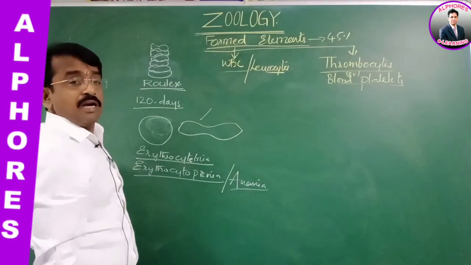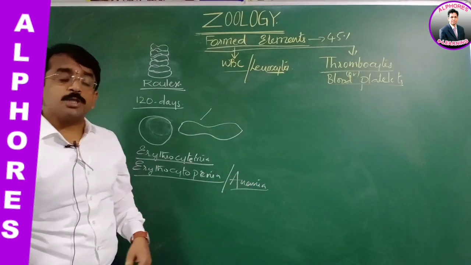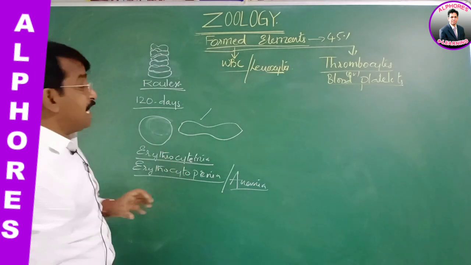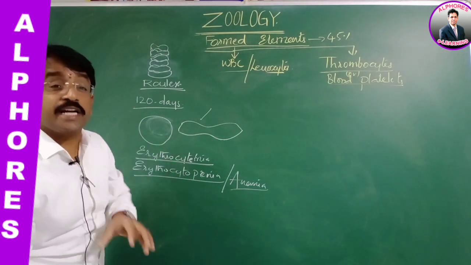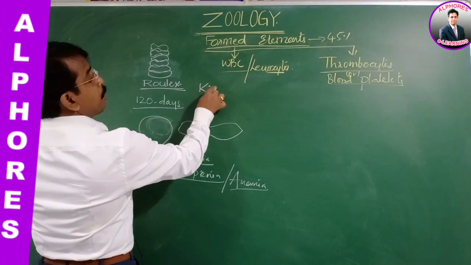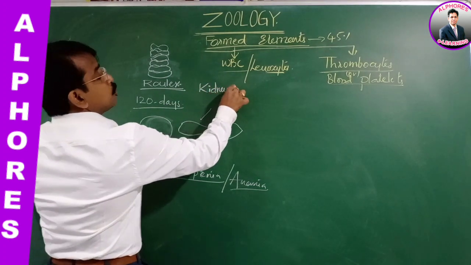Anemia means reduced RBCs. When RBCs are reduced, the kidney is immediately stimulated. The kidney produces the erythropoietin